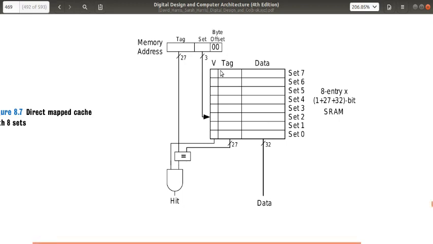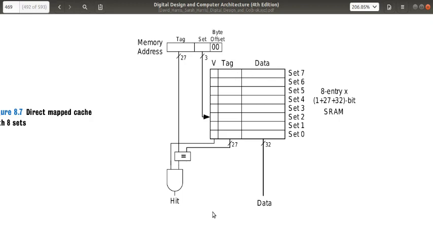bit V. Then we have the tag, right? Here we have a 27 bit tag. Then we have 8 sets and we use 3 bits to identify the set. So these bits, the valid bit and the tag bits, are appended to the data. So this is how we actually check whether